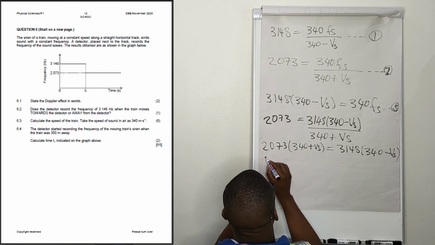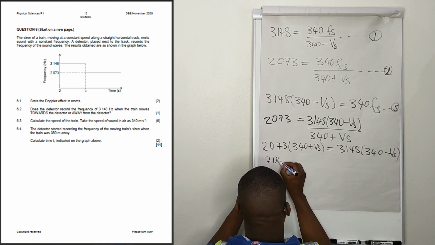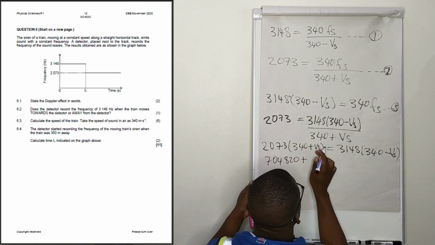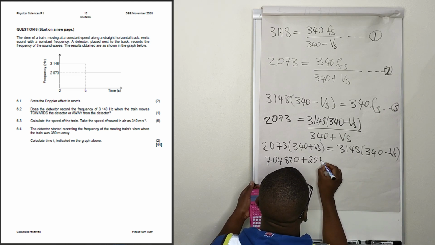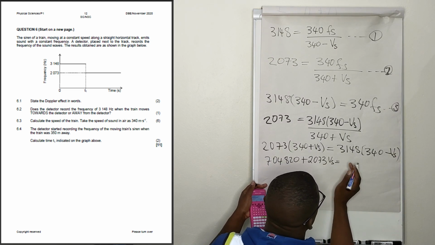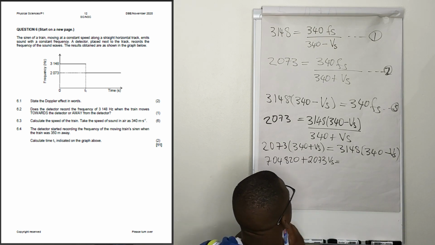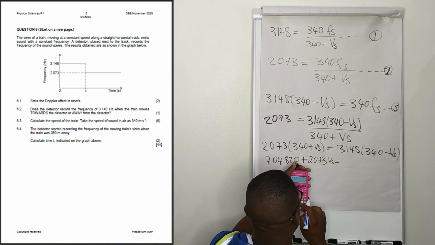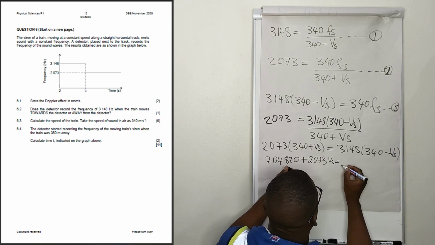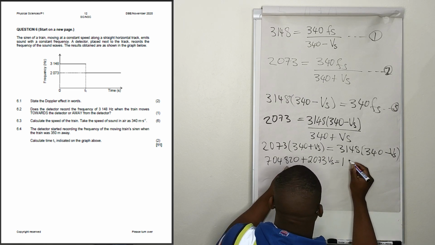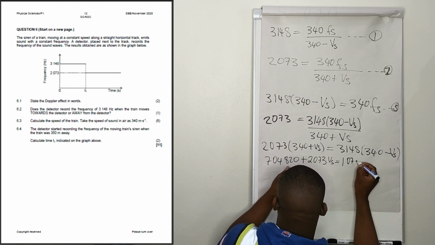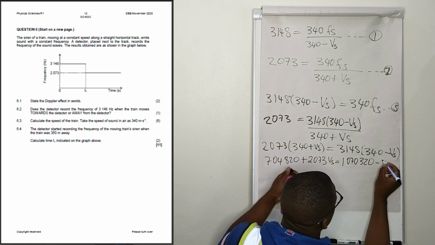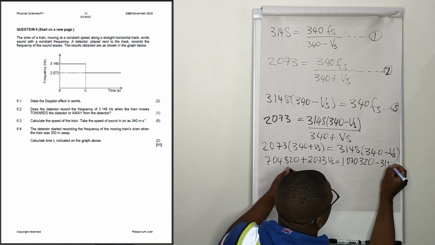We have 704,820 plus this times that, which is 2073 Vs, equal to this times that, 3,148 times 340. What do we have? We have 1,070,320 minus 3,148